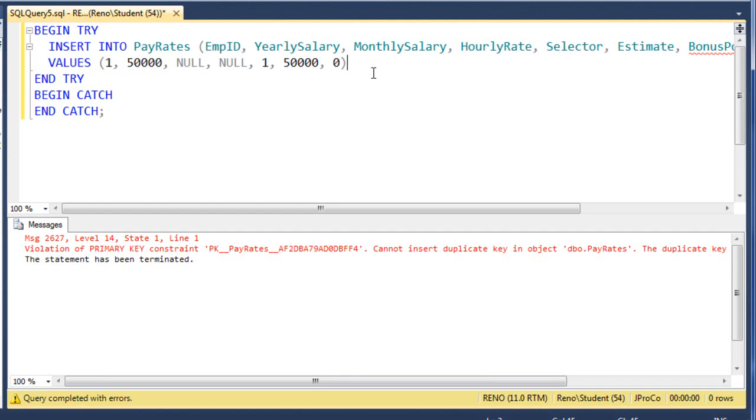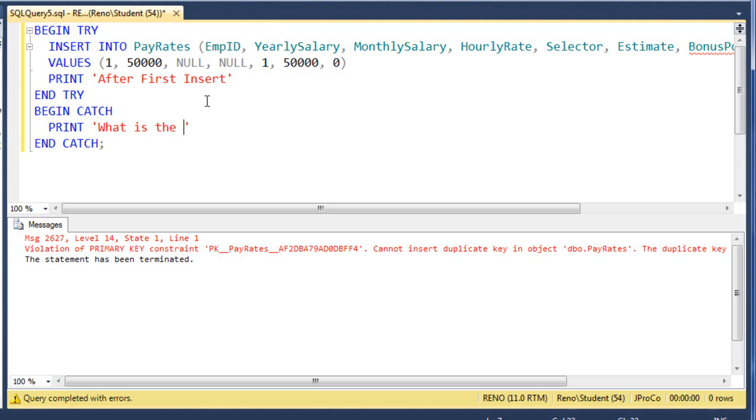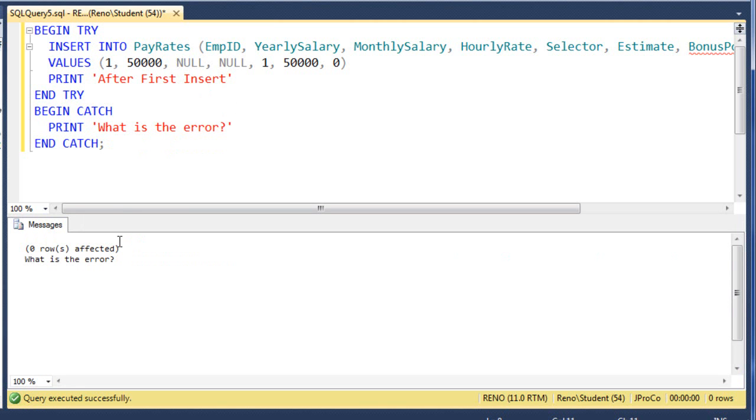Well, what would happen if it ran successfully? If it ran successfully, we would run everything in the try block, including this print statement that says after first insert. So if it worked, we'd see rows completed successfully and then after first insert. What are we going to do in the catch? Well, we're not going to really throw an error. We're just going to catch it and say, print, what is the error? Okay, let's run this. Notice all it says is 0 rows affected because we haven't affected any, and it says,